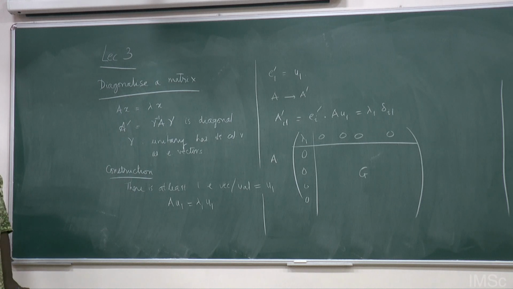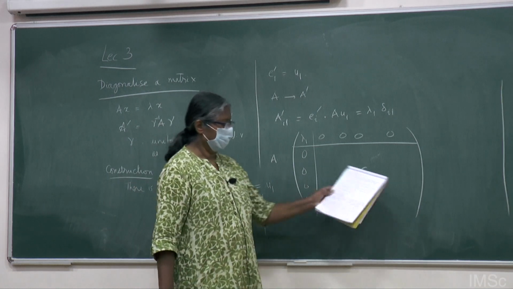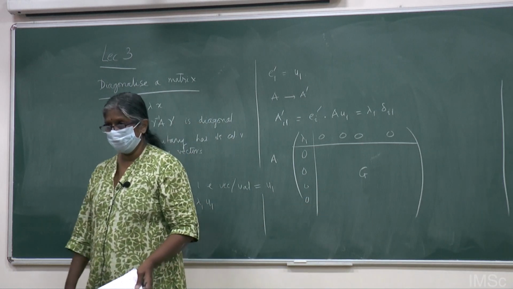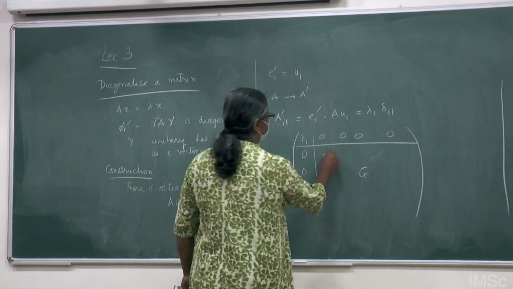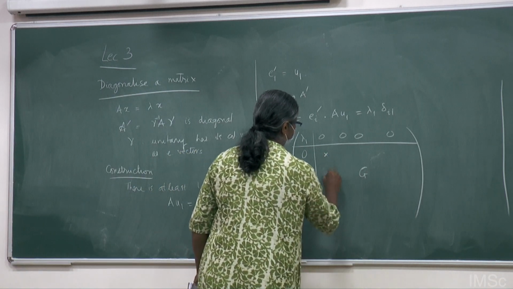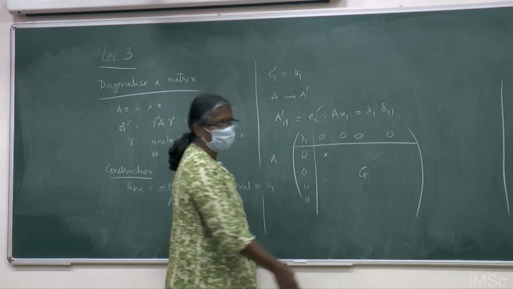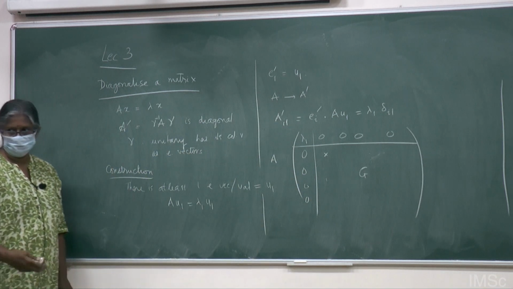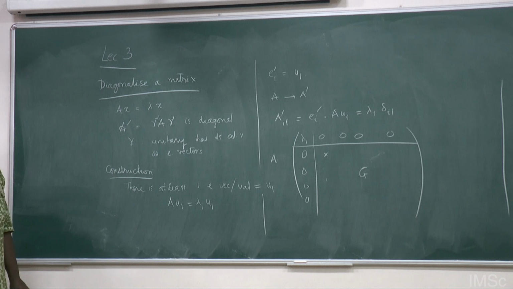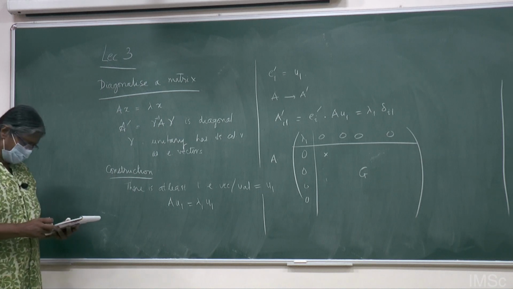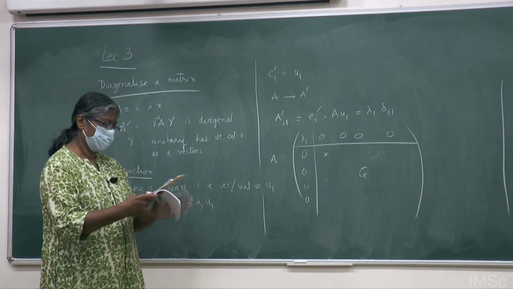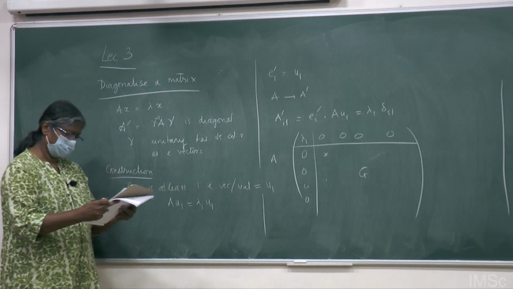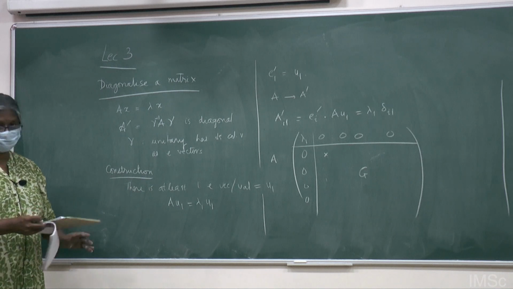So this I can do. Now you see I have G and I can just repeat the whole thing again. I can think of G as my A. I can transform so that I get my next eigenvalue here with a bunch of zeros, and then I get a one-dimensional smaller matrix. Let's call it H. Then I can multiply that, and then I can multiply that, and so on. Okay? Is it okay?